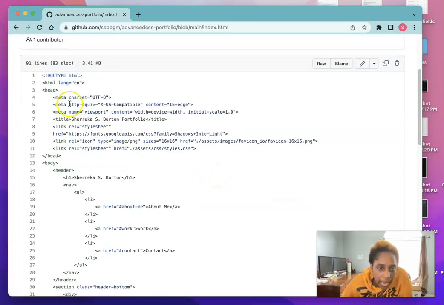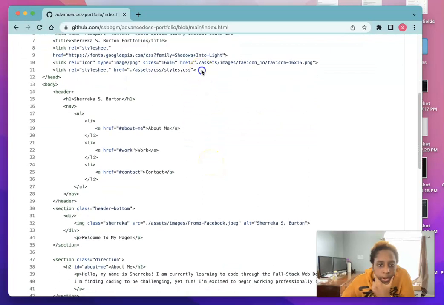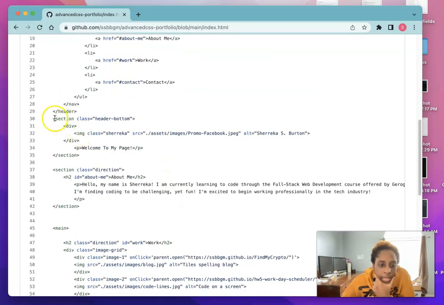All right, so we have here things that we did that were different from the first thing that we had in the class. We actually pulled in some Google fonts here. So I went and got a Google font. And then I also went and got an icon. All right, so that was different that I had done. And of course I'm referencing my CSS style sheet in the head as well. And then of course I have a header, and I have nav links, and I have a section here,